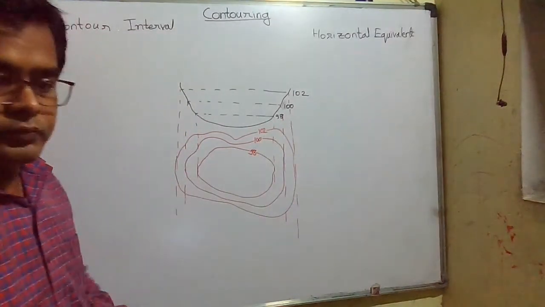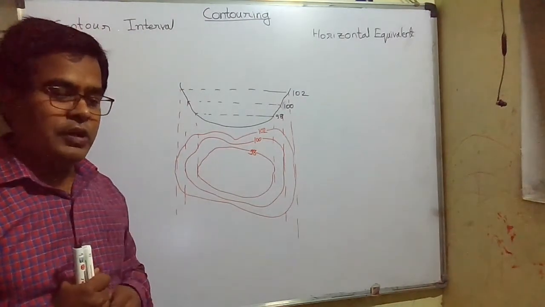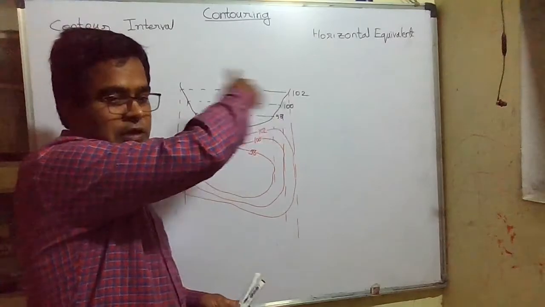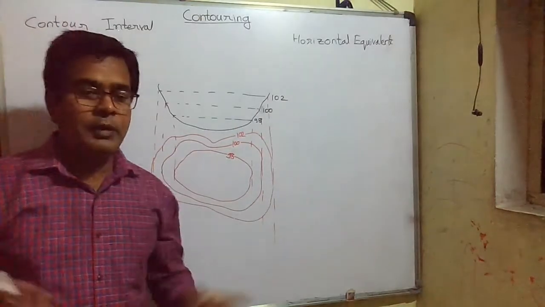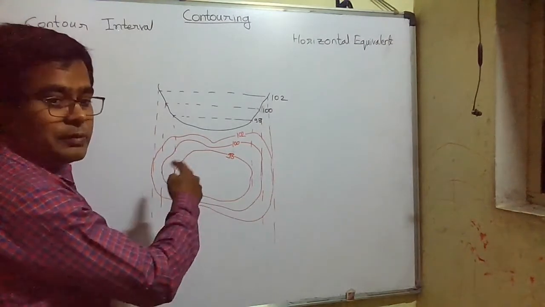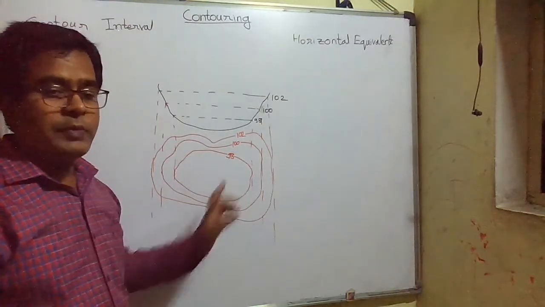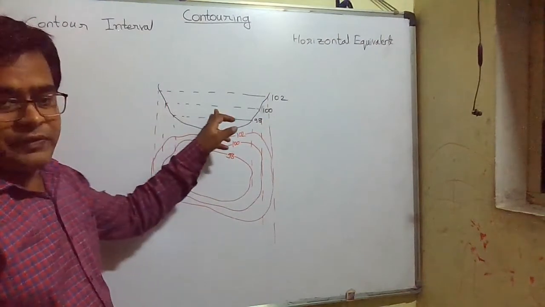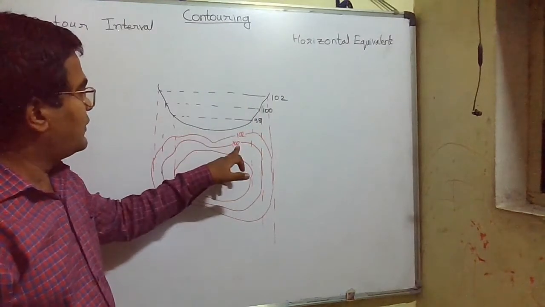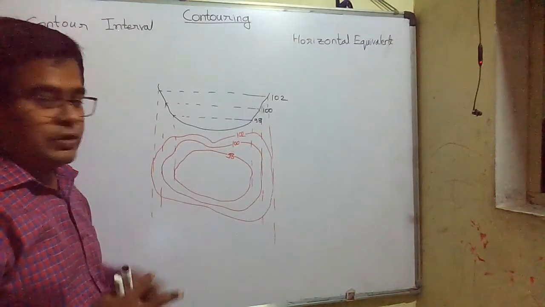Now we have seen in the introduction class what is exactly contour. How do we draw the contour lines? Contour line is a line passing the points of equal RL. Suppose there is a lake. The shape of the lake will be somewhat circular, so our contour lines will also be somewhat circular, and it represents the points of equal RL. You can see the elevation, the topmost is 102, and then the line below is 100, and here RL is reducing.